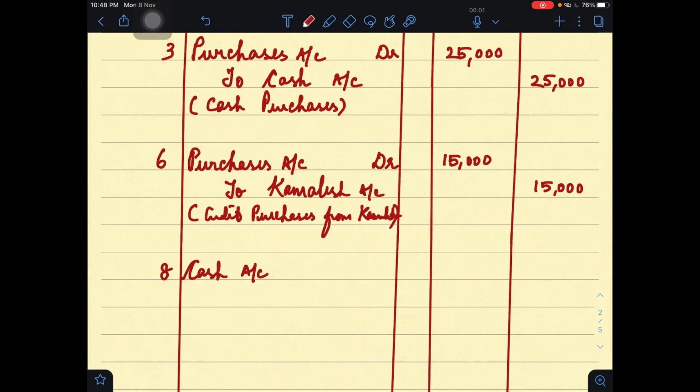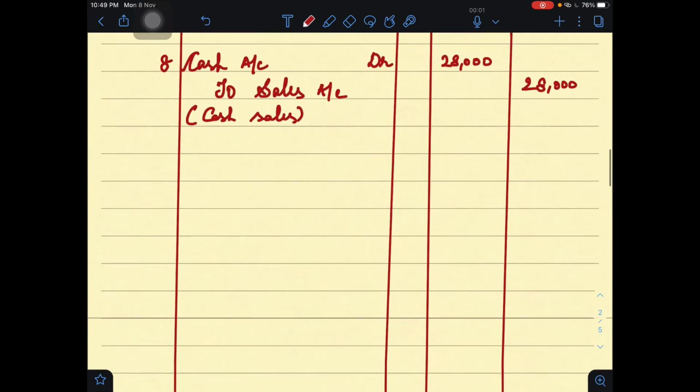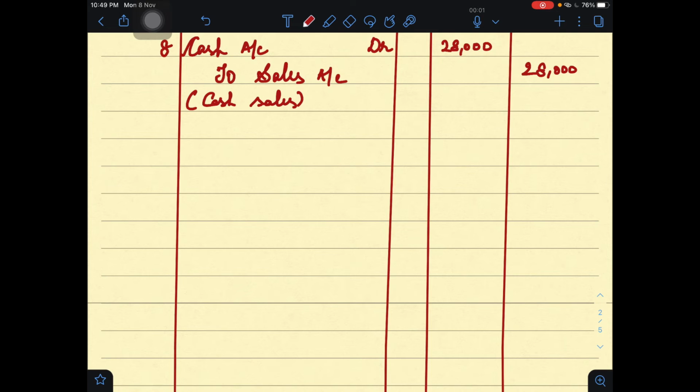So here in this case, cash being real takes the rule as debit what comes in. So here what I do, I will be debiting here 28,000. So debit what comes in cash. Here what I do, I will be crediting all incomes and gains because sales is a nominal nature. So 28,000. So in the narration just mention two words, cash sales. That's it.